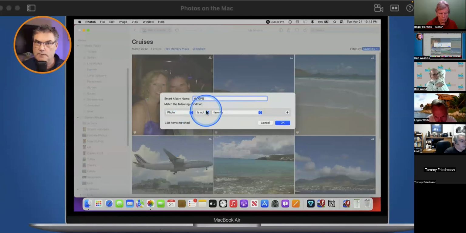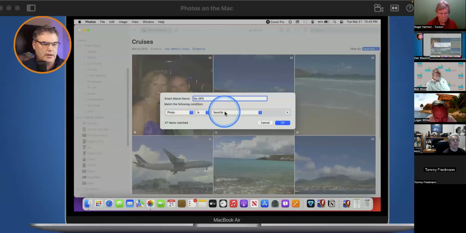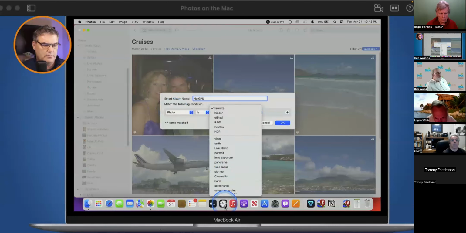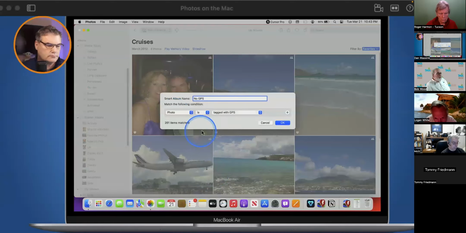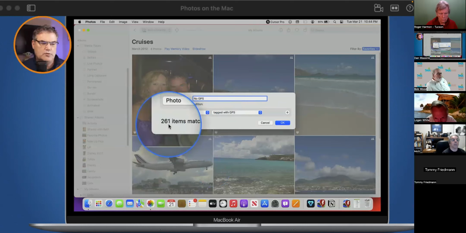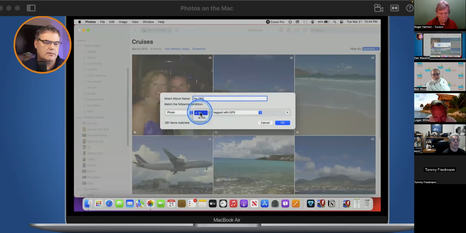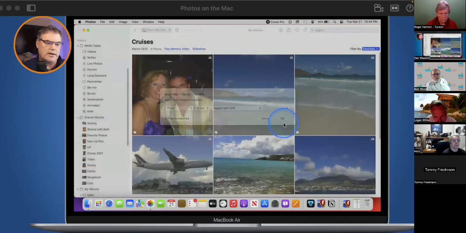So let's go back over to the GPS. We can see we have a lot of different options here. I'm going to go with photo tagged with GPS. I don't want it to be is. Right now I have 261 photos that are tagged with GPS. I have 114 that are not. So now when I click on OK,